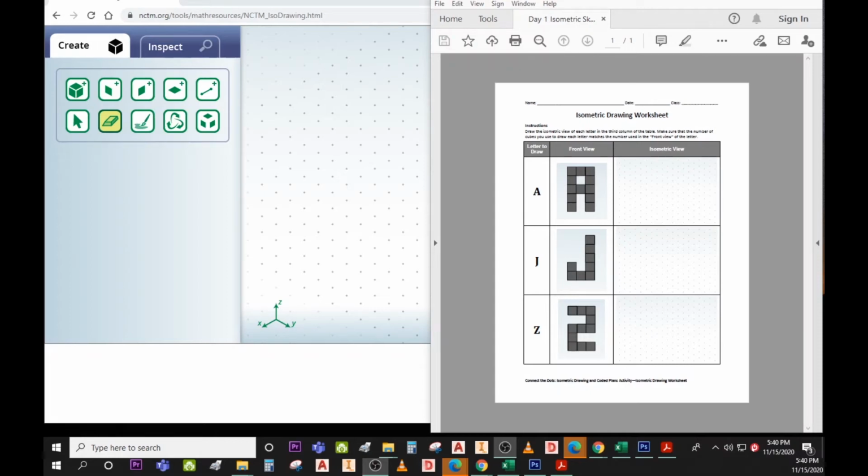In this week's activities, we're going to be looking at isometric drawings. On the right hand side, this is going to be our first activity that we're going to be working on. You can see that we have three isometric objects. In this case, they're all letters. The letter A is our first example, the letter J is our second example, and the letter Z is our